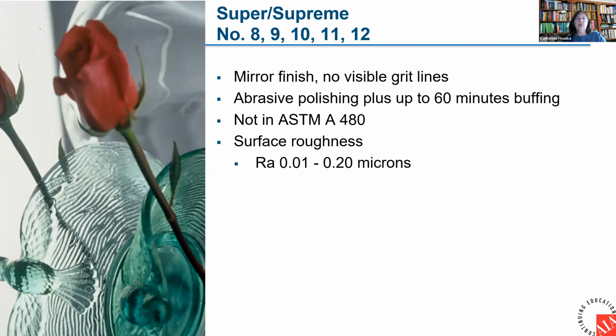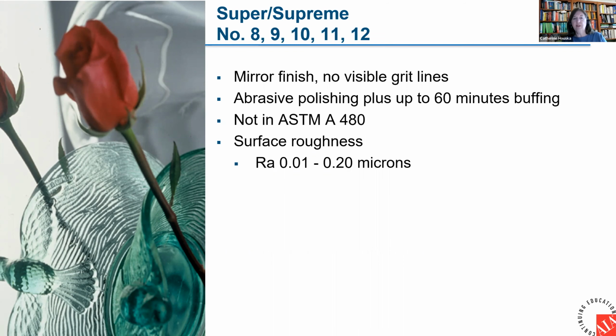The super or supreme number 8, 9, 10, 11, 12 is usually a finish that has been abrasively polished and then buffed for up to 60 minutes. But sometimes people sell a buffed bright annealed finish as one of these. So if it seems like a very good deal, it might be a buffed bright anneal. The advantage of abrasive polishing is that you're going to get rid of blemishes in the surface that might matter